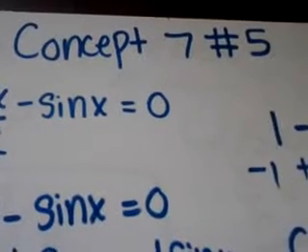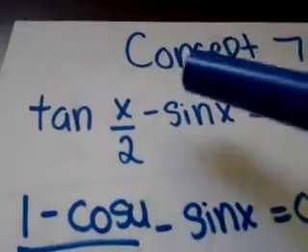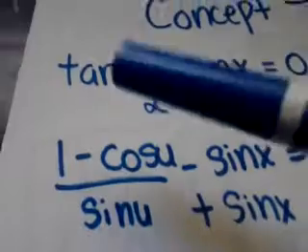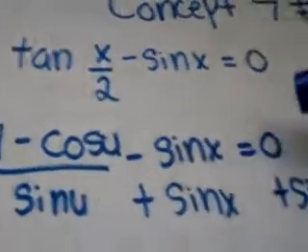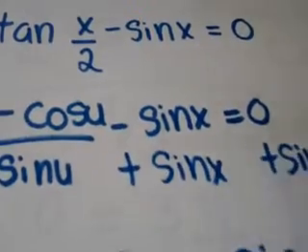So today we're going to focus on concept 7, number 5, and our equation is tan(x/2) minus sine of x equals 0. And we know that tan of u over 2 will be replaced by (1 minus cosine u) over sine of u, minus sine of x equals 0. And from here we'll just add sine of x to both sides, which will give us (1 minus cosine of x)